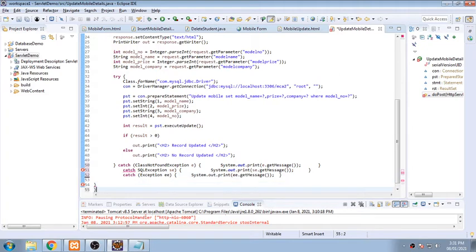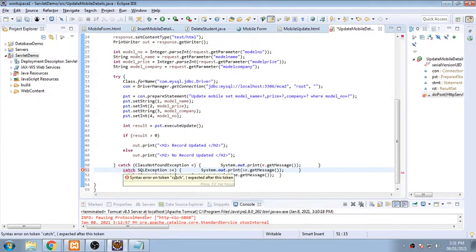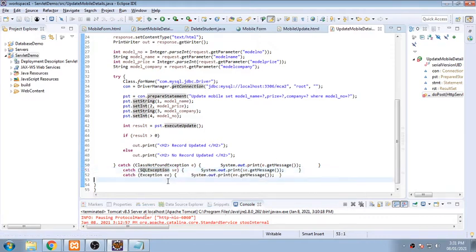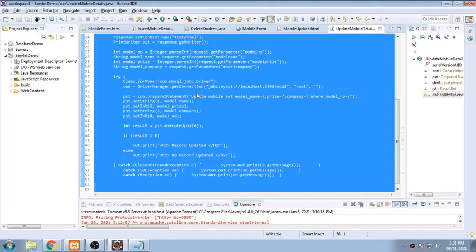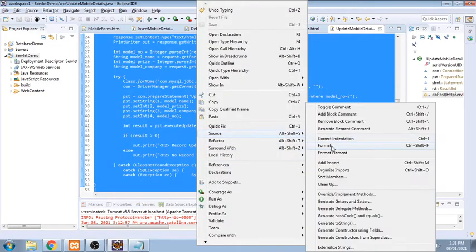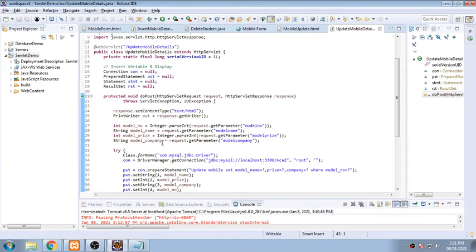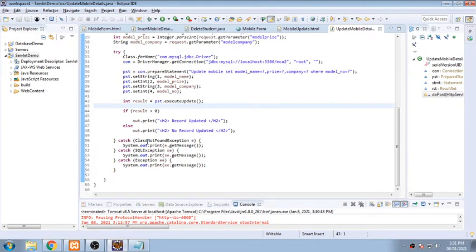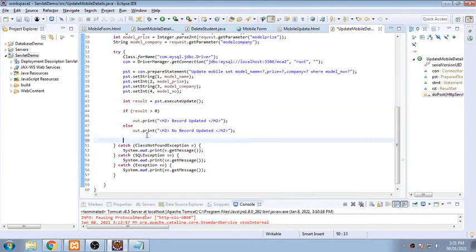One more bracket is remaining. That's it. Let's catch. Source format. So it will be in front of you like this. Now I have not closed anything, so I will be closing everything whatever I have opened.